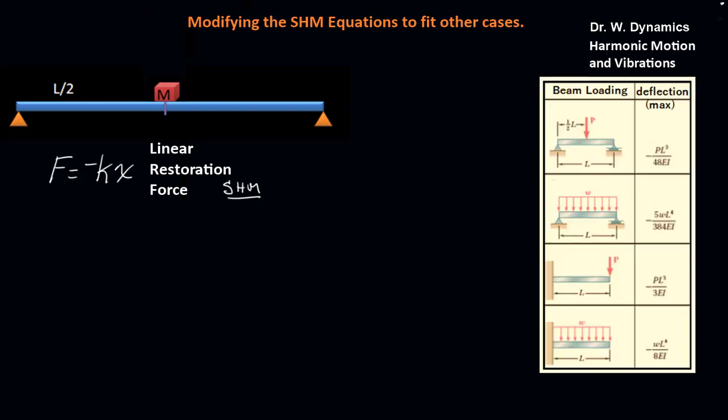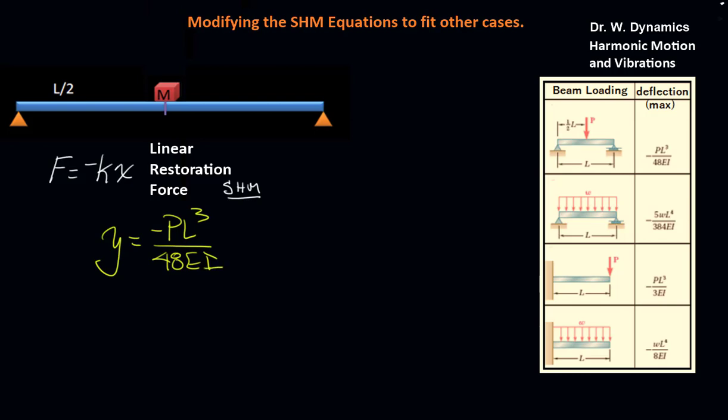People who've taken solid mechanics will recognize these beam loading deflection tables, and what these tables show us is the amount of deflection for a given load under different orientations. Here that's a centrally acting load, here it's a uniformly weighted beam, here is a cantilever with a load at the end like a diving board, and here's the weight. And we can use this deflection equation here to represent this scenario, where we have the deflection y is negative P L cubed on 48